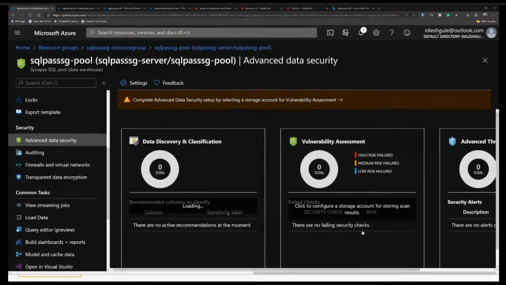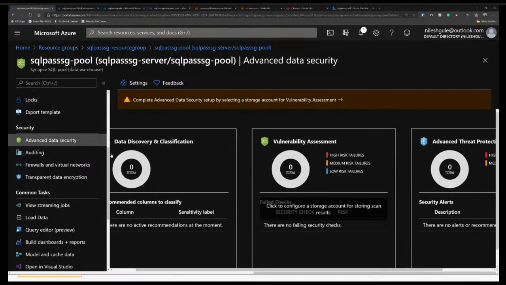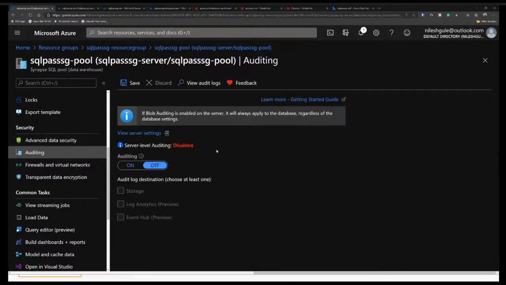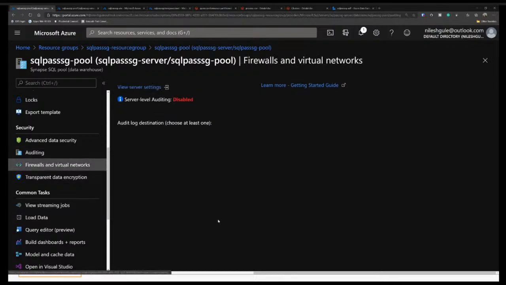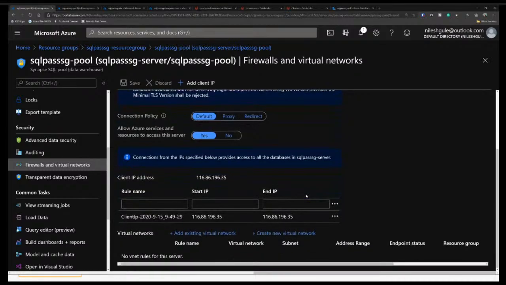If there is any vulnerability in the data, all that can be done using the advanced threat protection facilities provided by Microsoft. We also have auditing of what queries are run against the SQL server. Currently it's not enabled on this server, but if I enable it, I will get the audit log by default. Then we have the connection settings, where I can control the firewalls and the virtual connections which are allowed to connect to this particular SQL server.